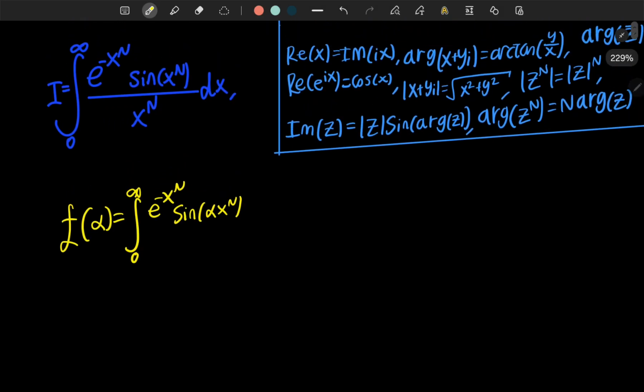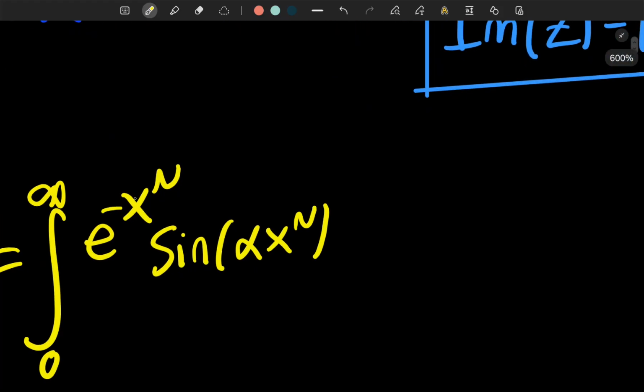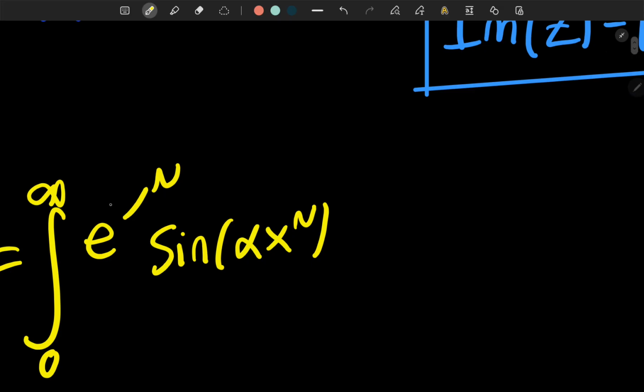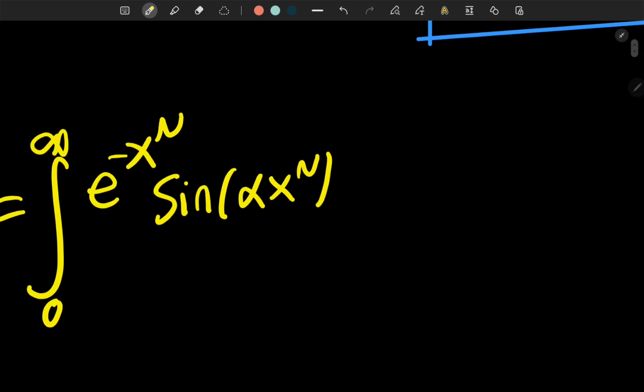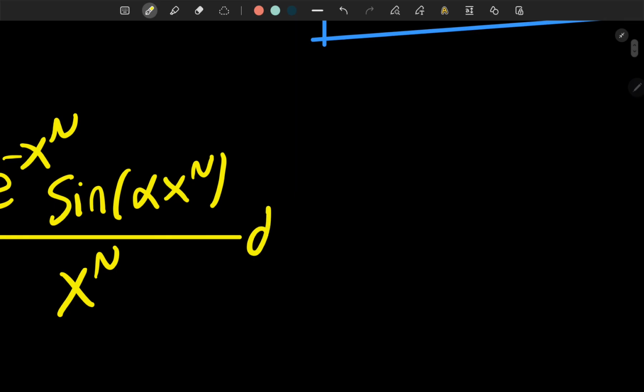And I guess I could place my alpha anywhere inside this function, but where would it be helpful? Well, if we tried plugging it in here, it could be helpful, but not as helpful as if I were to plug it inside the sine function. And the reason why I'd say it'd be more helpful to plug it into the sine function is that